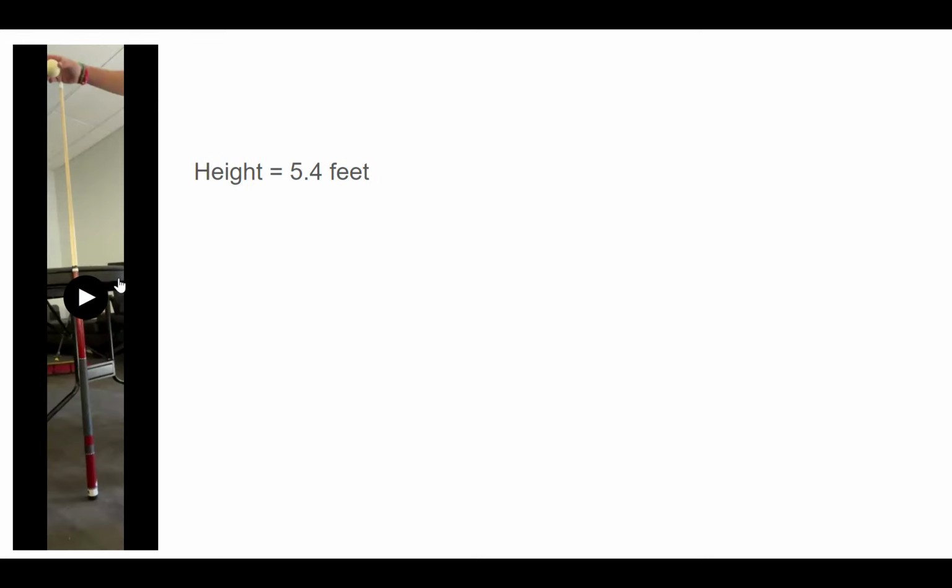Here's my last video. It's 5.4 feet. Once again, watch it drop. This time, it's going to bounce a lot higher. You can see it keep bouncing multiple times instead of the 1 or 2 bounces it had on the other ones. With this one, the ball is coming down pretty fast and it's doing a good bit of work. It has a good bit of force in it, a lot of momentum as it hits the floor. It looks like about half of that momentum is redirected back up as it jumps about halfway back up the pool cue. But once again, we're looking at the floor, and for the third time, it seems that the floor did not move,